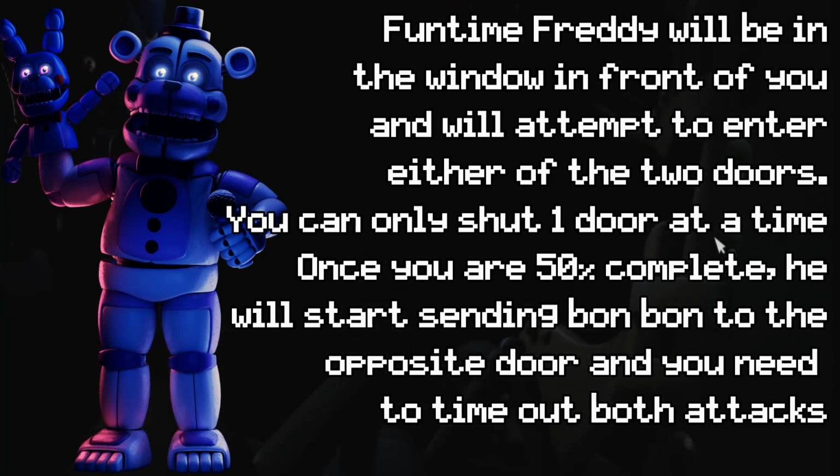However, the catch is that you can only keep one door shut at a time, and you can't have both doors shut. This will become a huge problem once you're at 50% with the scooper progress, where Funtime Freddy will send Bonbon to the opposite side that he's on, and you will need to time out both attacks when this happens. But the section will still be designed to actually be beaten without insane skill needed, and afterwards,